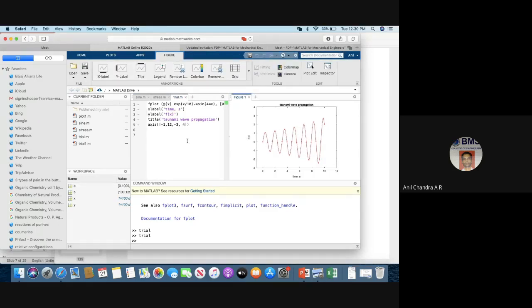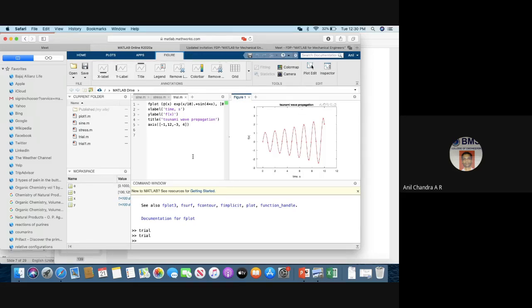And just to remind you, I'm using an online MATLAB, which means I have not installed MATLAB on my desktop or my laptop. It is running through the internet. So you need to have a good internet facility, and it will be stored in the MATLAB drive under my user name. Okay, so you can access it from wherever you go, provided you have internet. So I have labeled the x-axis, I have labeled the y-axis, I have labeled the chart.